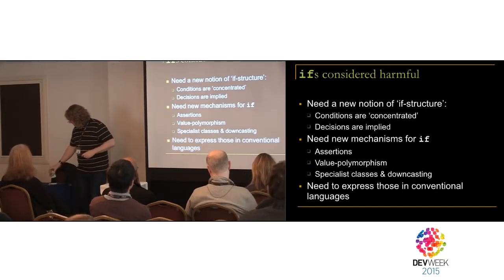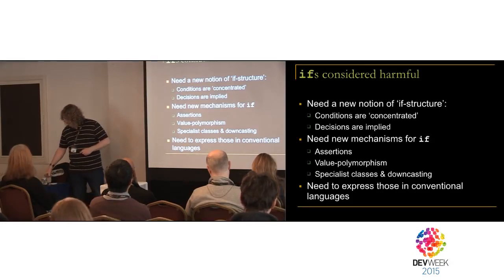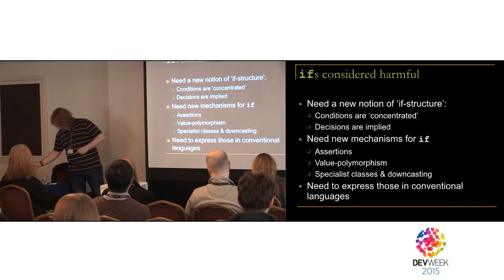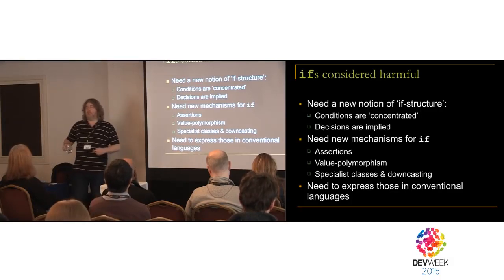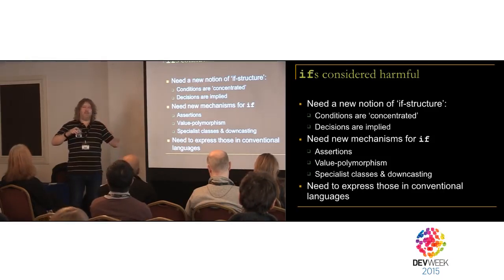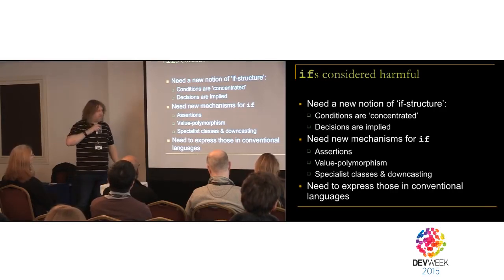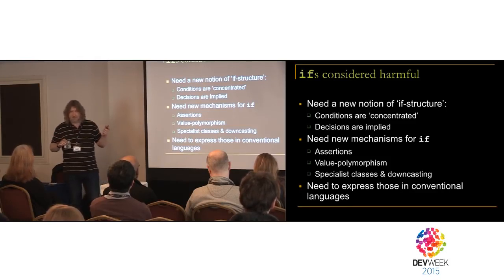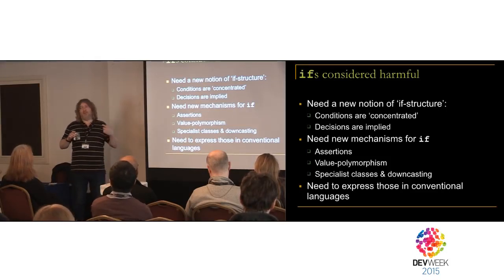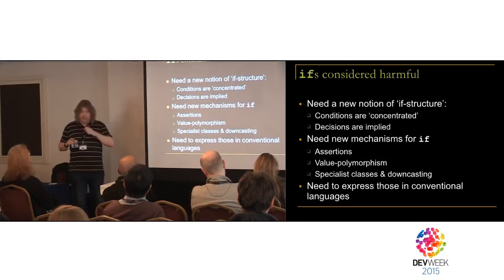Now this is the other point. It's all very well to talk about this. Back in the 60s and 70s, they were inventing new languages like C and Pascal and Algol. But we haven't got that because we have to write code today. So we have to do this stuff in existing modern languages. We can't wait for the new languages to come along. Again, back in the 60s and 70s, they didn't wait for the new languages to come along. What they did was they developed new kinds of discipline and new kinds of programming hygiene. And they learned how to use these techniques before they made it into mainstream languages. So we're going to be doing the same thing.